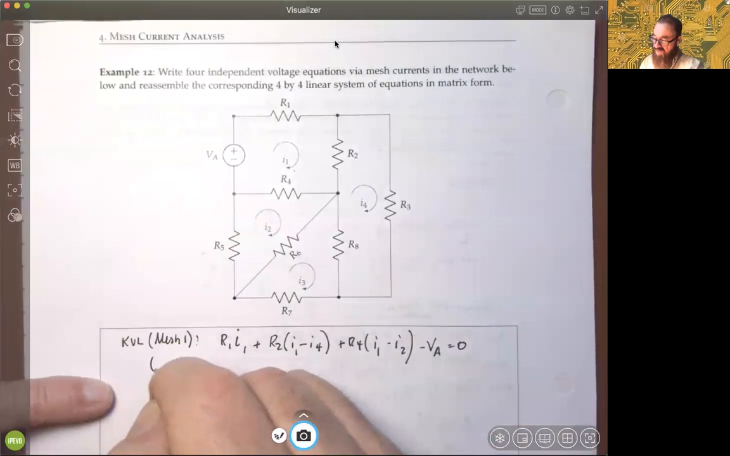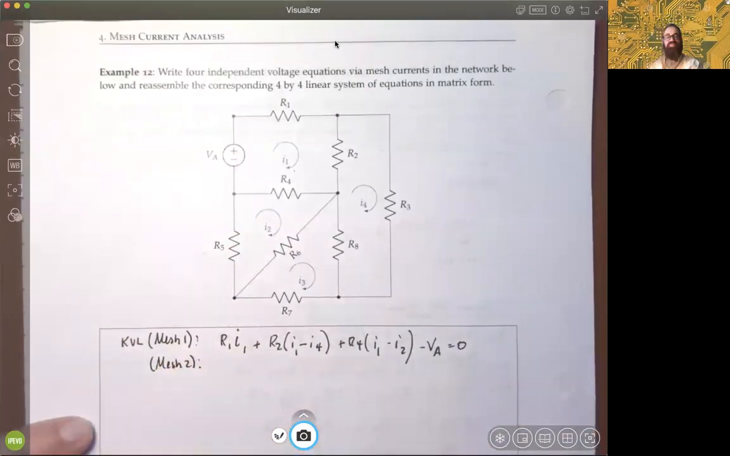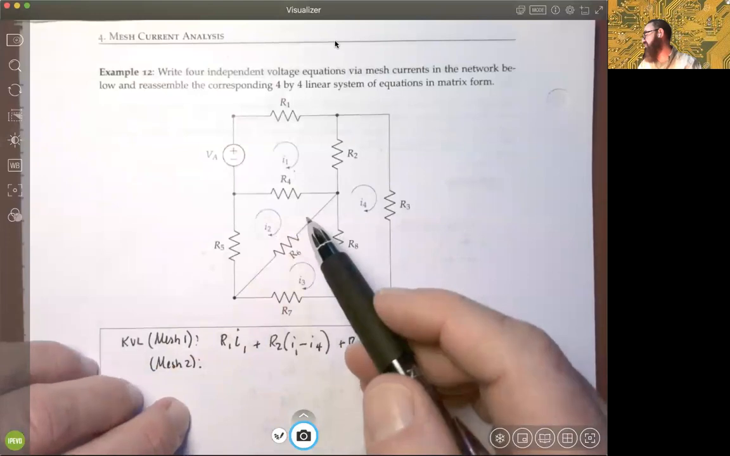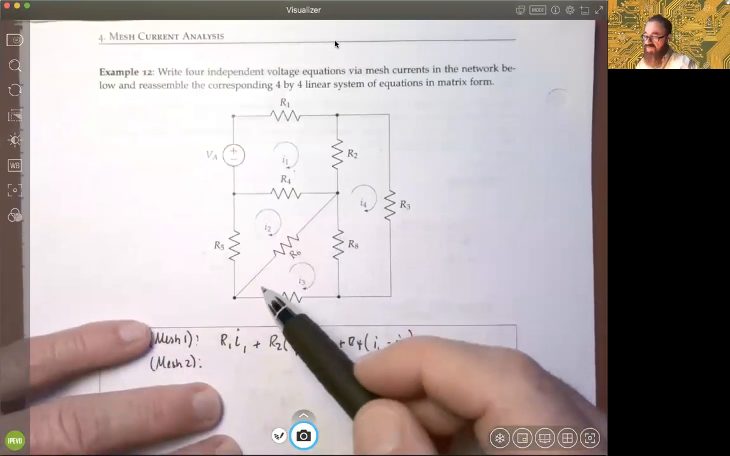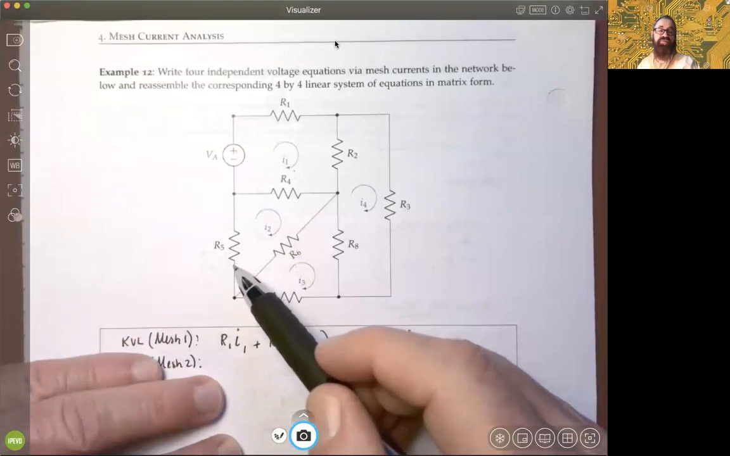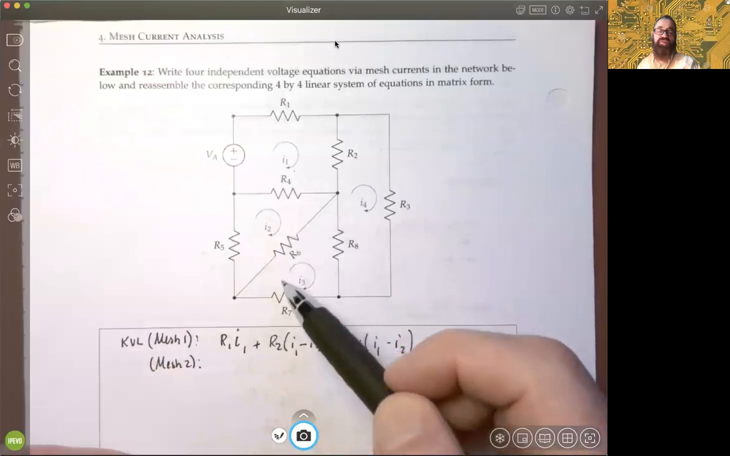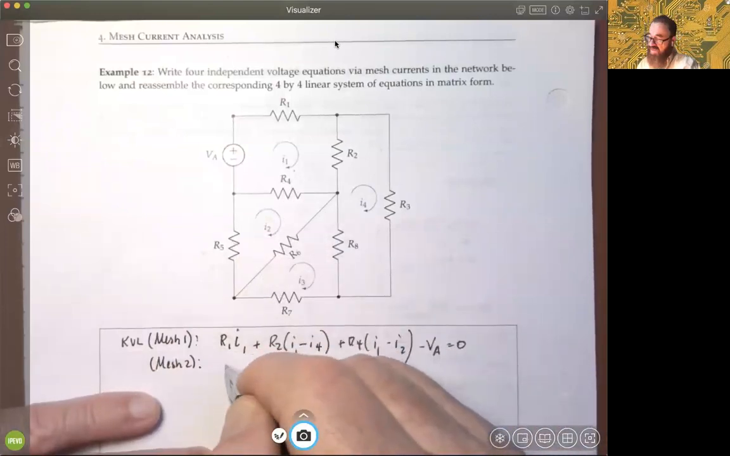So we'll continue on and do another KVL for mesh 2. Again, these are all KVLs. So mesh 2, we're in this triangular structure here. And again, it doesn't matter where we start. Suppose we're starting and coming through the R5 resistance, which is not shared by any of the other meshes. So in this case, the voltage will be just R5 times that mesh current I2